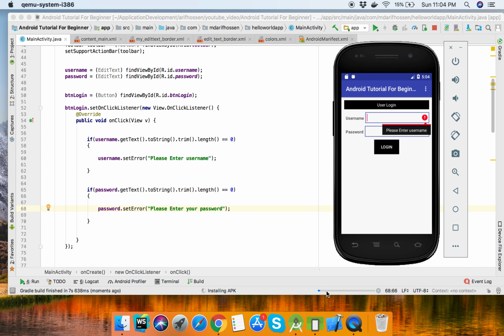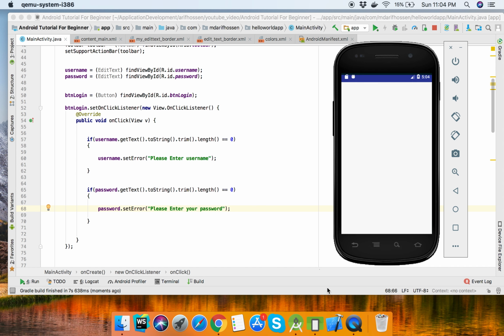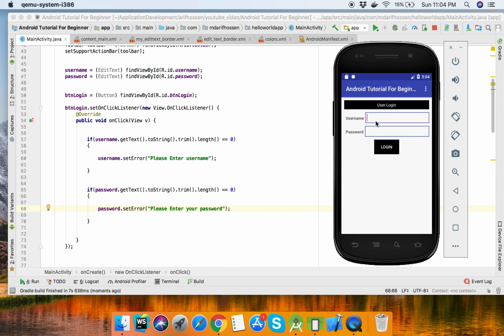It takes a few seconds for running. We have entered username and password, nothing to display error. At first showing the error for username, we enter some text in username,